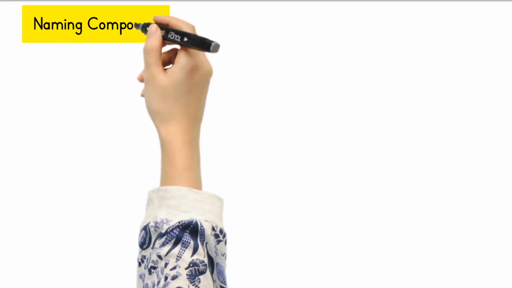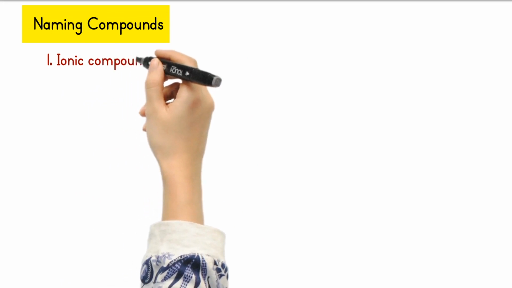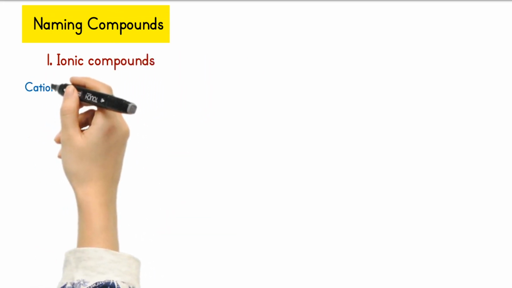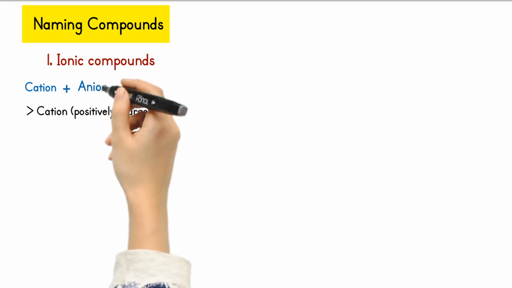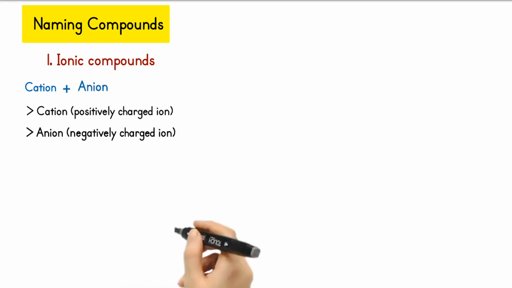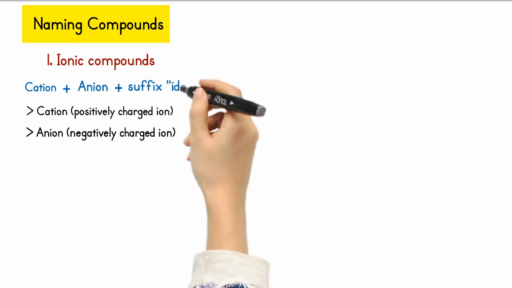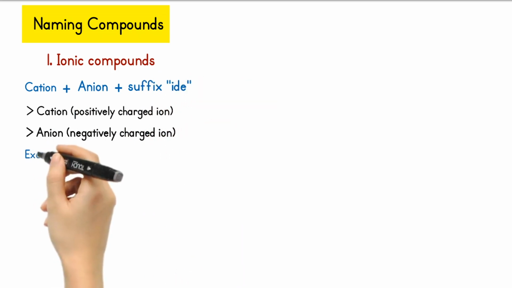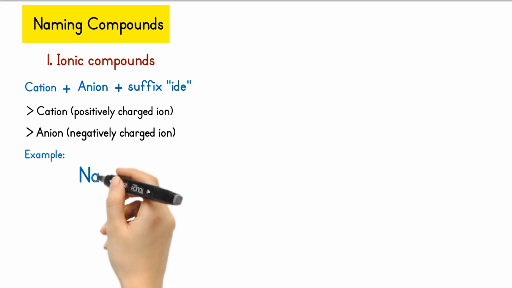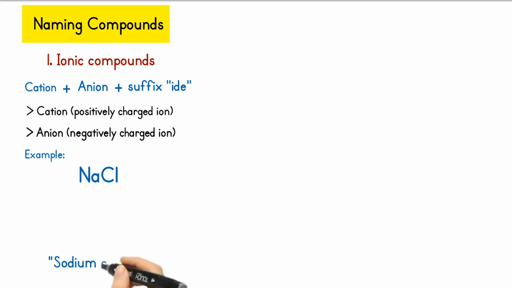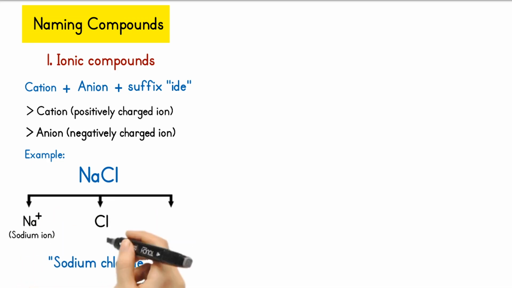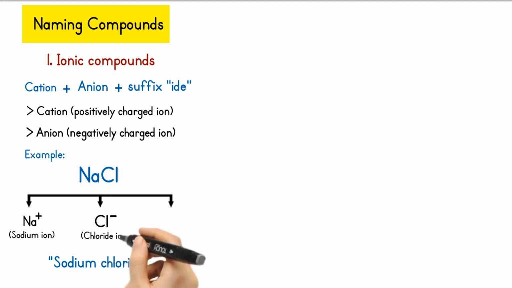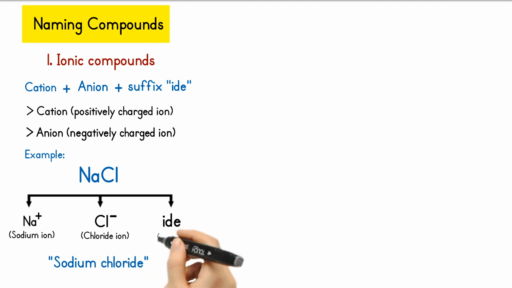Naming compounds. For ionic compounds, the name of the cation, the positively charged ion, is listed first, followed by the name of the anion, or the negatively charged ion, with the suffix -ide added to the end. For example, the formula NaCl represents the ionic compound sodium chloride, with the name derived from the name of the sodium ion, Na+, and the name of the chloride ion, Cl-, with the -ide suffix added to the